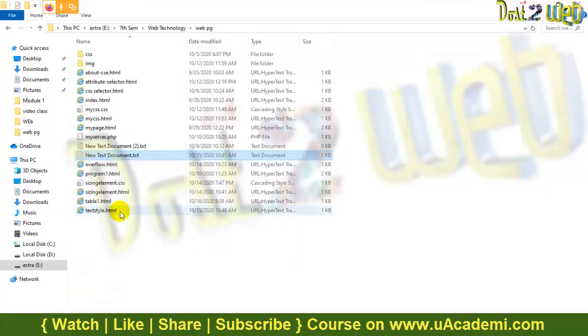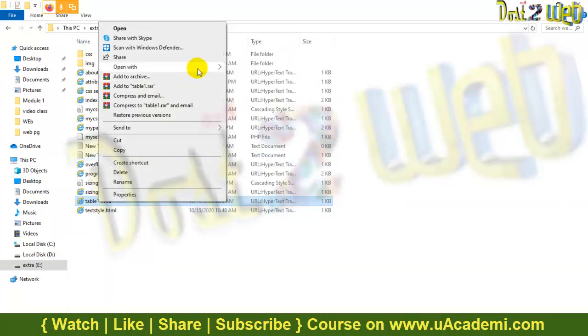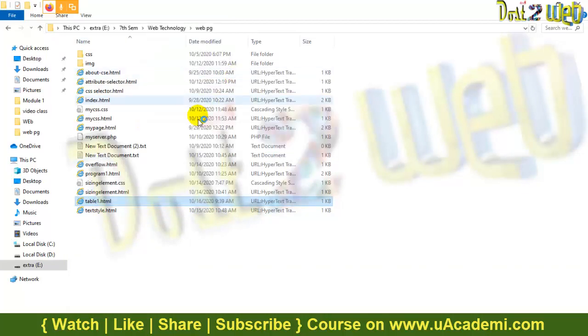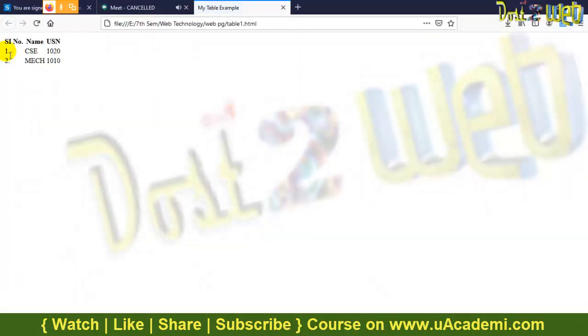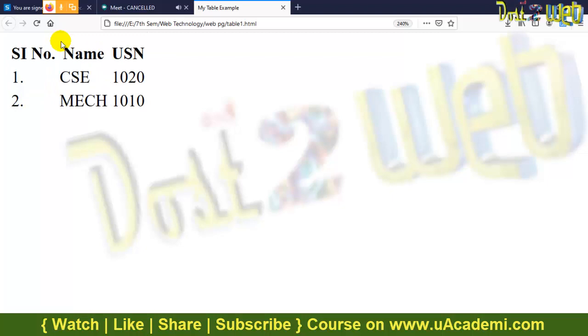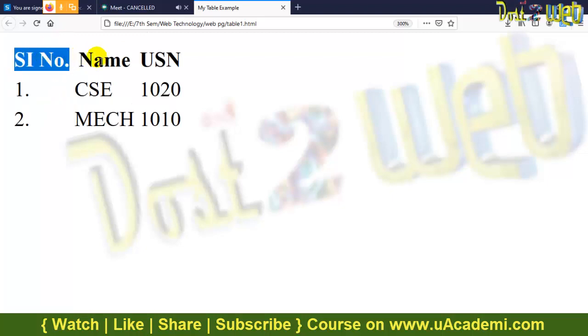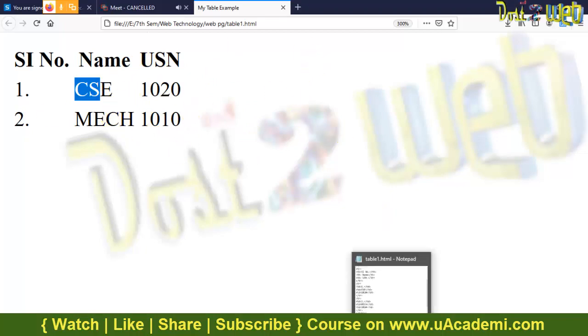Open the program and let's execute. This is our program. Open it with any browser, whichever is available on your system. The moment you open it, you can see, as I mentioned, the first table row is bold automatically and also centered, because it is a table heading. Now we have used the table rows, 1 and CSC. You can see the table here. So this is a very basic table we have defined. We have not used any border or anything. Like this, you can create a table in HTML.